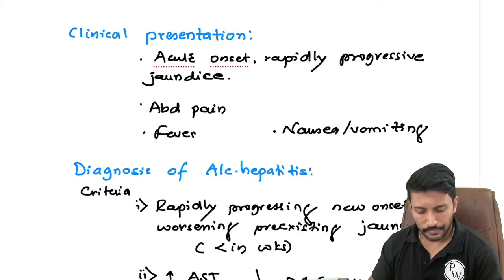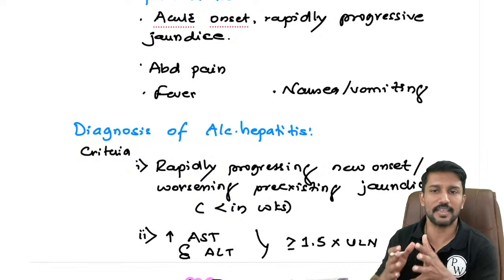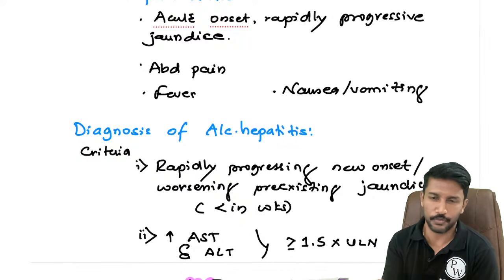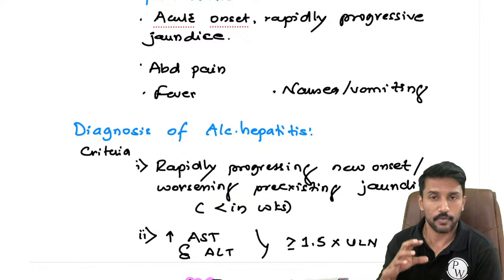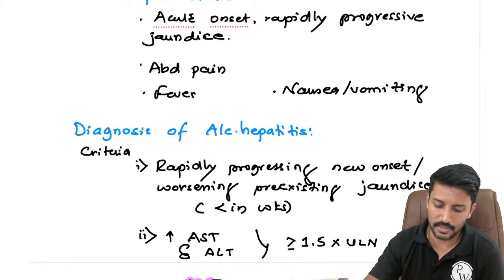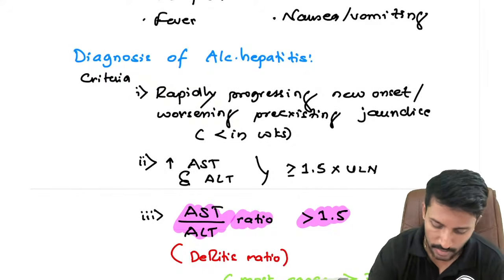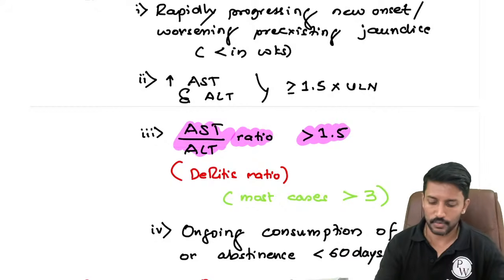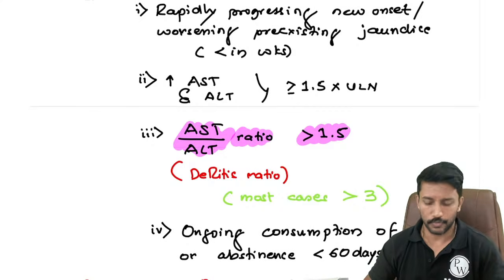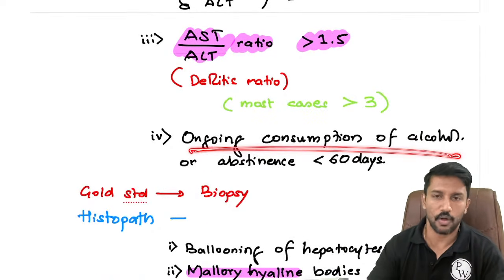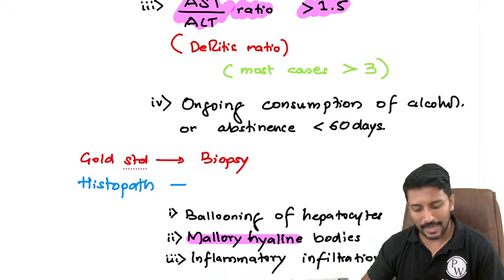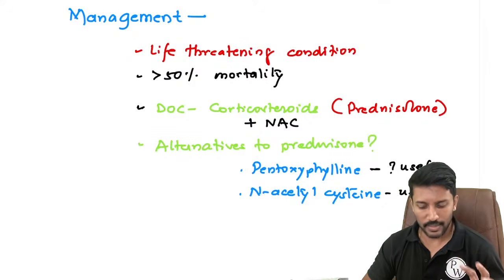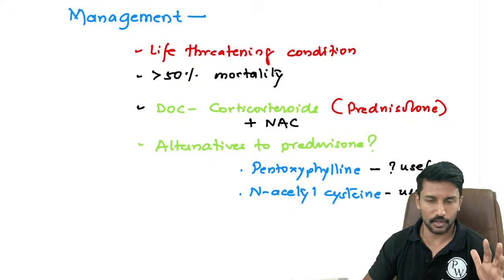Okay. Then in terms of clinical presentation, it's just like any other case of acute hepatitis, right? Sudden onset jaundice of just a few days or few weeks, just like your viral hepatitis. But what takes me to the diagnosis is when I start investigating, when I look at the LFT, the LFT shows that AST by ALT ratio is usually more than 3. For diagnosis, I need it to be more than 1.5 with recent exposure to alcohol or ongoing alcohol consumption. In doubtful cases, we go for the biopsy. Okay. Management wise, steroids with N-acetylcysteine are considered the drug of choice.